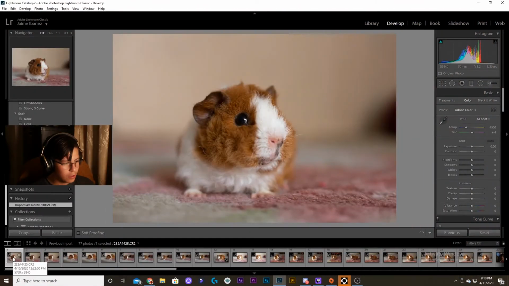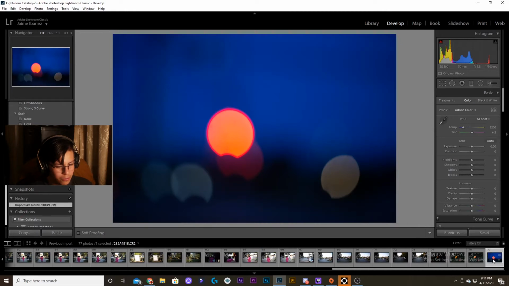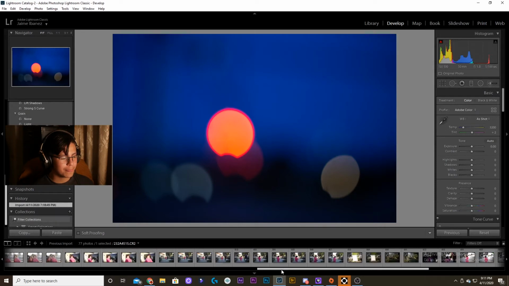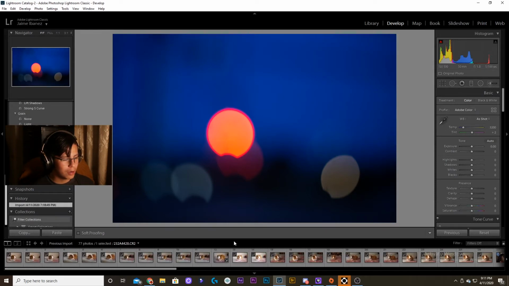So this was all in the span of yesterday. In the afternoon, 12:20 p.m., I took a picture of this guinea pig. Then at night, more towards 7:39, I don't know what I took pictures of, but it was like street lights or something like that. But yeah, so what I do